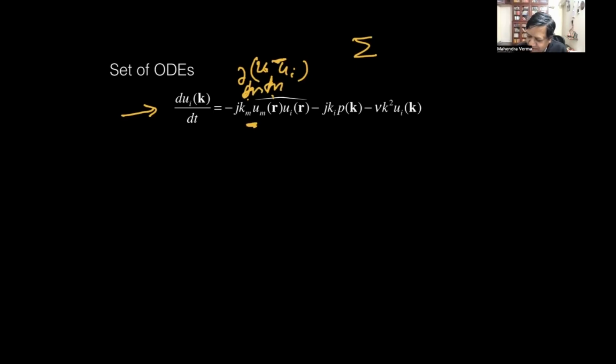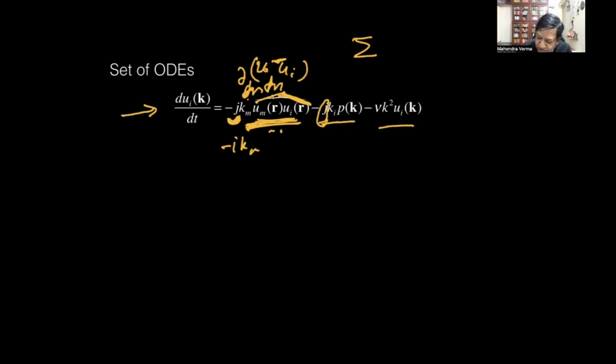Now when I do the Fourier transform, I'll get minus i km. Now I used j for the square root of minus 1. Sometimes people use j for the square root of minus 1. That's why I use something else instead of j, I'm using m. So this is basically this nonlinear term. And now this is the Fourier transform of the product ui uj, and minus i, the square root of minus 1, ki pk and that. Okay. Now this term is computed exactly like what we did for Burgers.